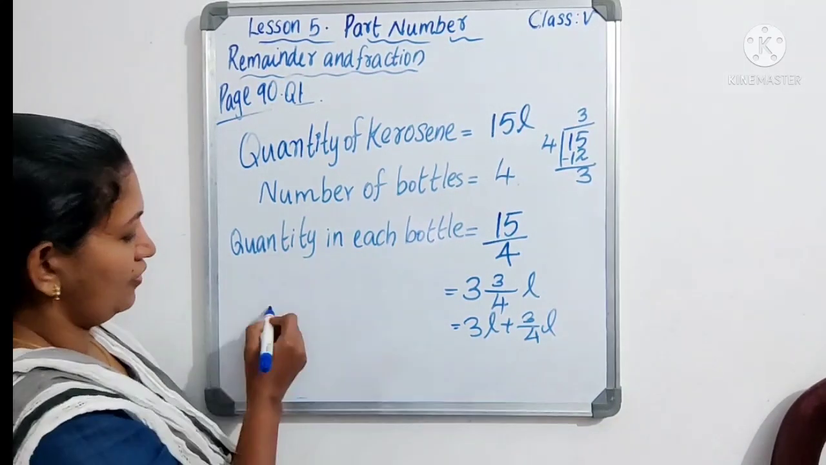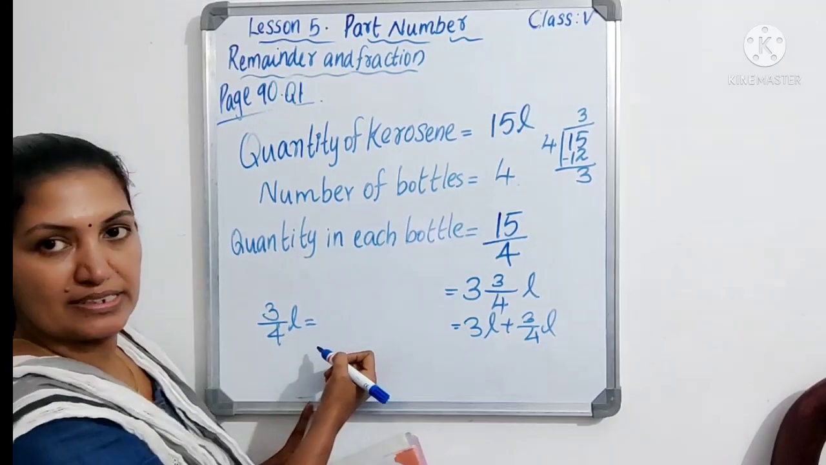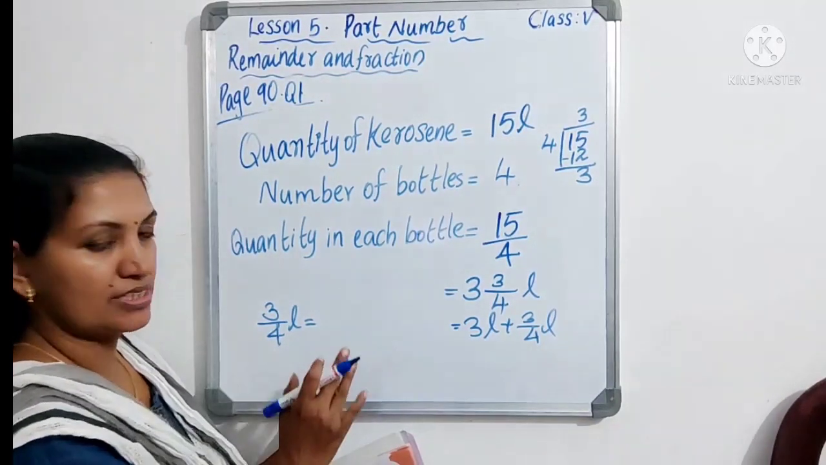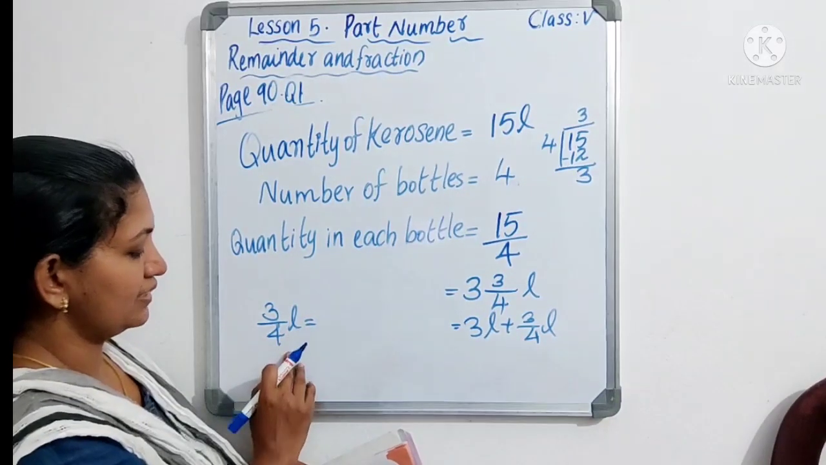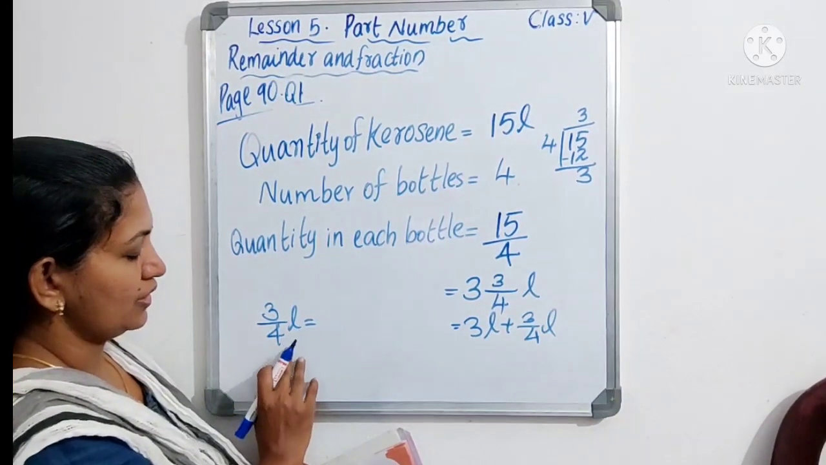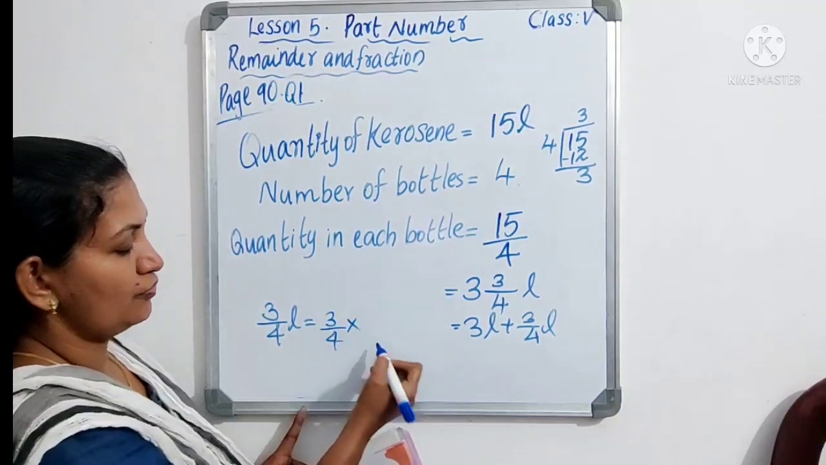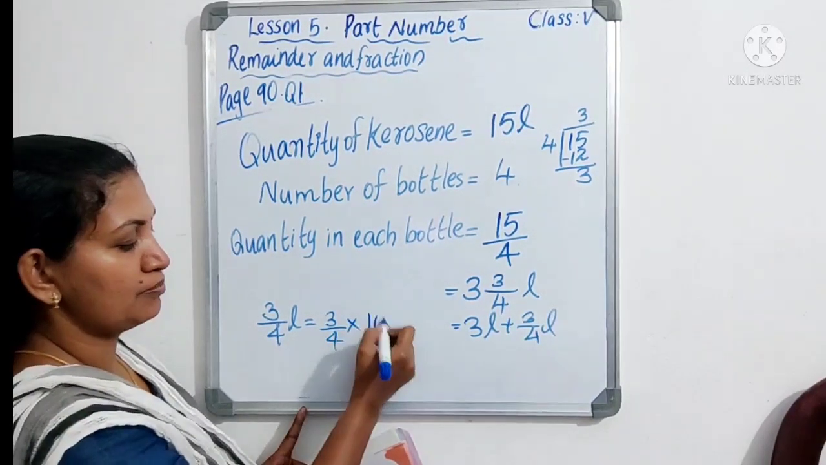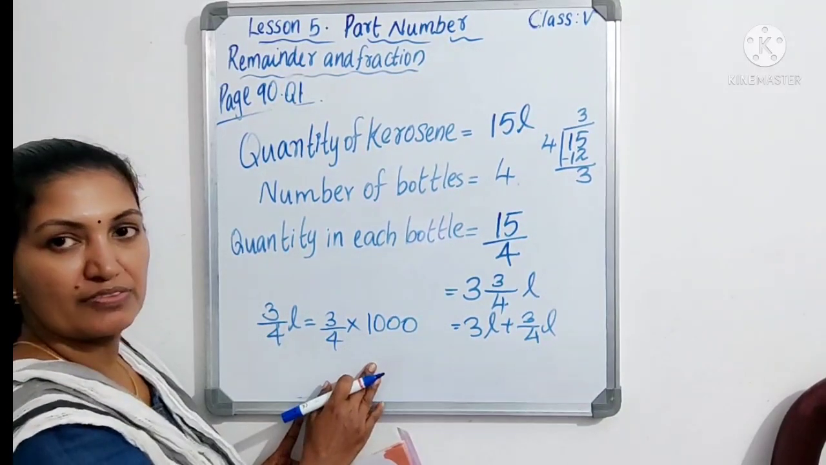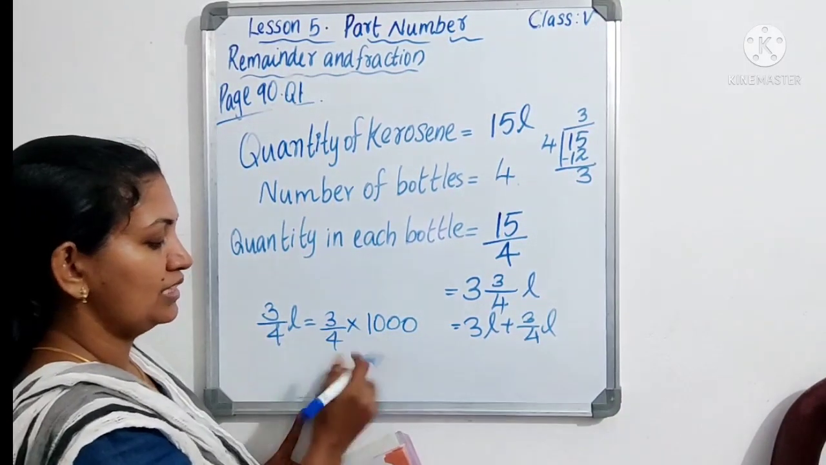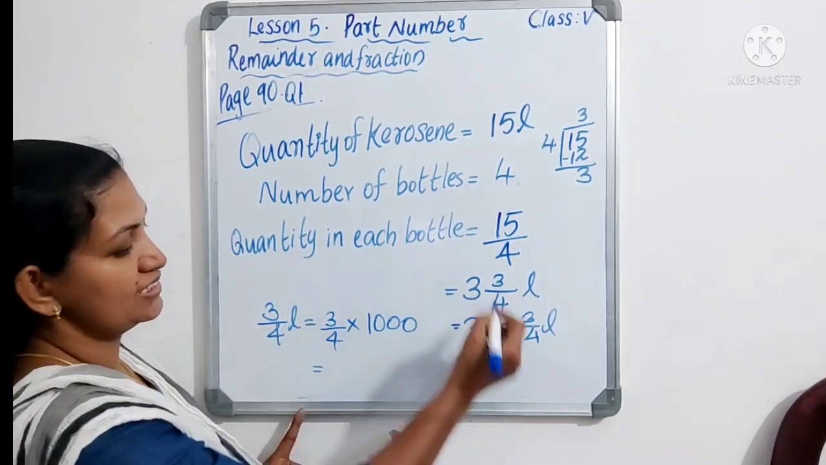So we can find 3 by 4 liter in milliliter. Okay, the question asks us to write this in milliliter also. So 3 by 4 liter, we can write by converting into milliliter, that is multiplying with 1000. How can you convert liter to milliliter? That is multiplying with 1000. Or we can write directly. We know that 3